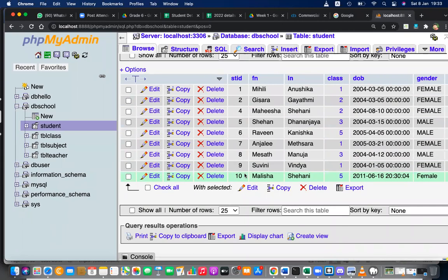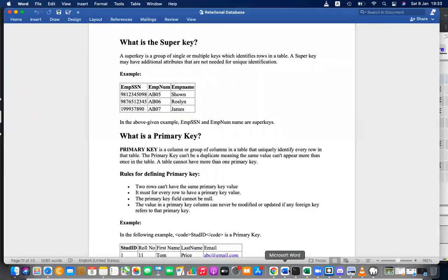So let's say at a checkpoint, some checkpoints are checking for a criminal. Then when they request the NIC and you give the NIC, basically they identify the person using the NIC. That is a unique identifier. Rather than checking everything, they first check the unique identifier. So that is why we need a key in a database.